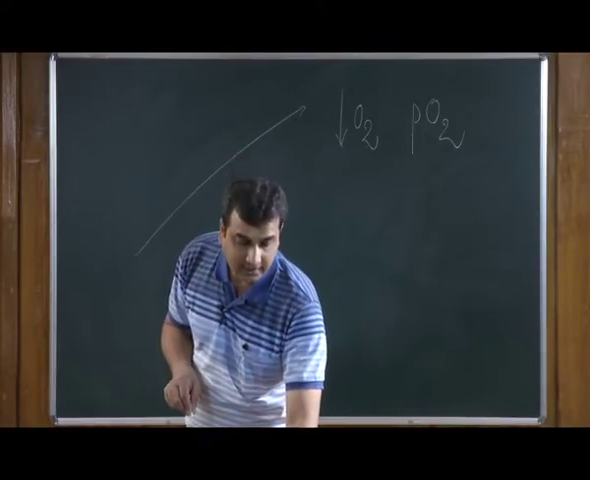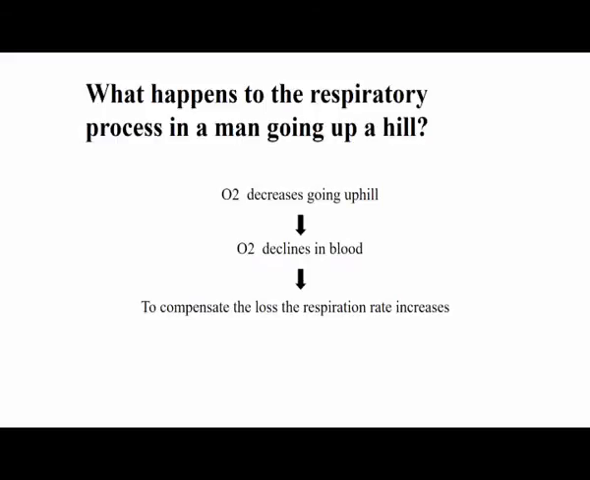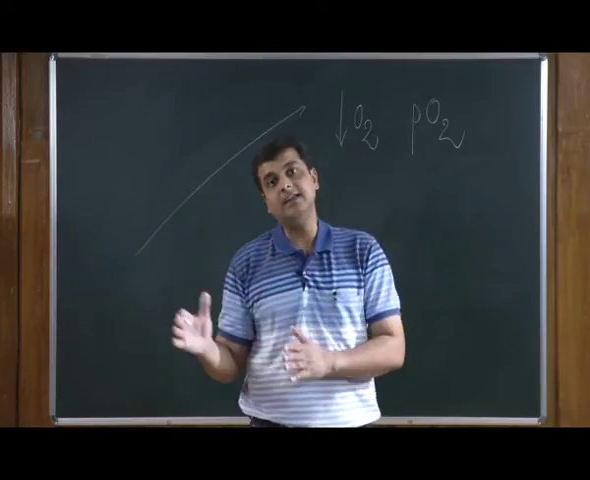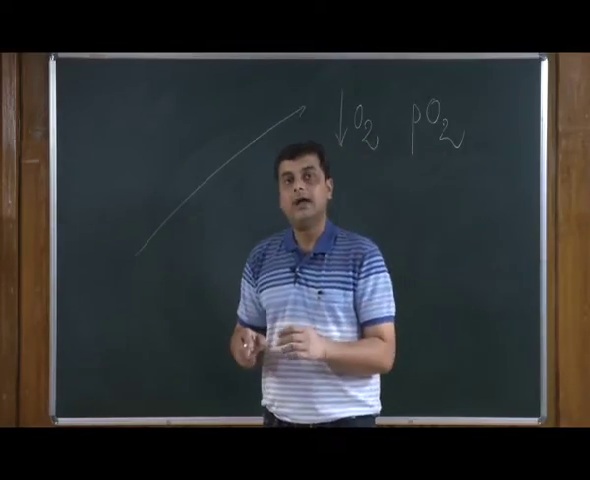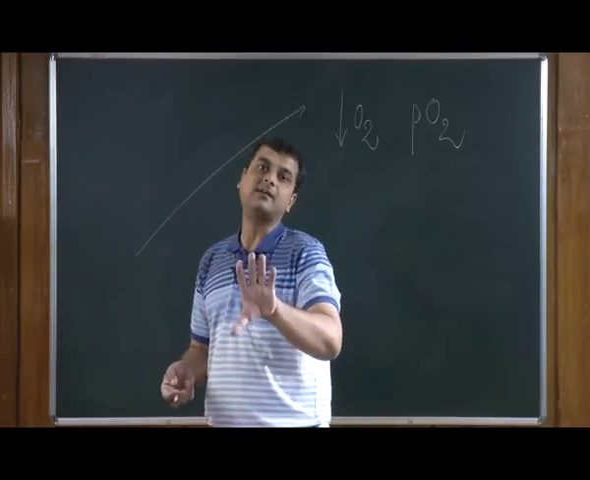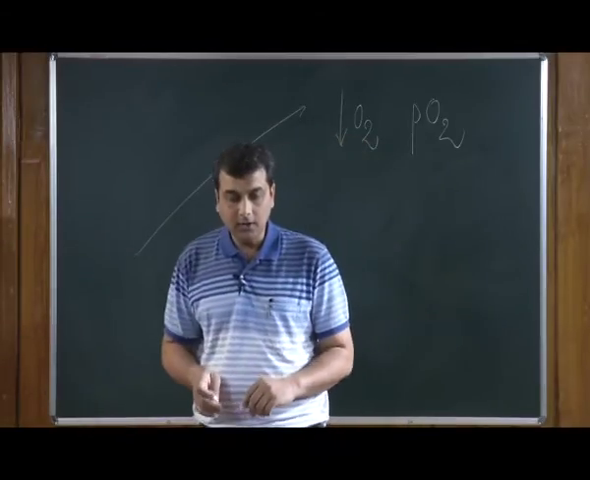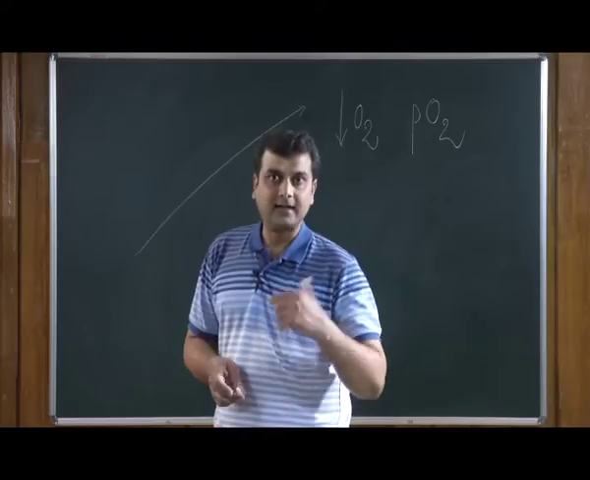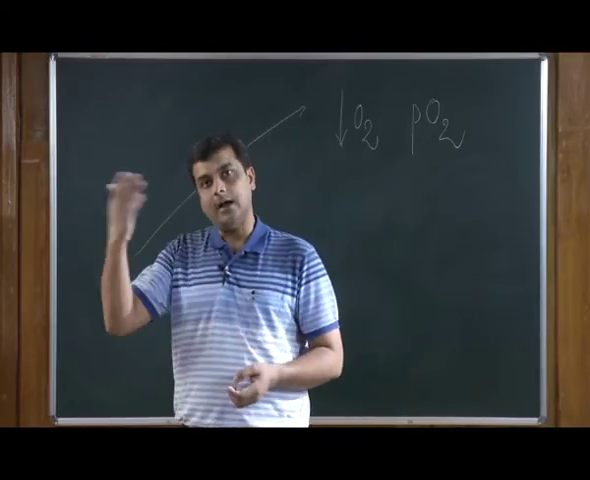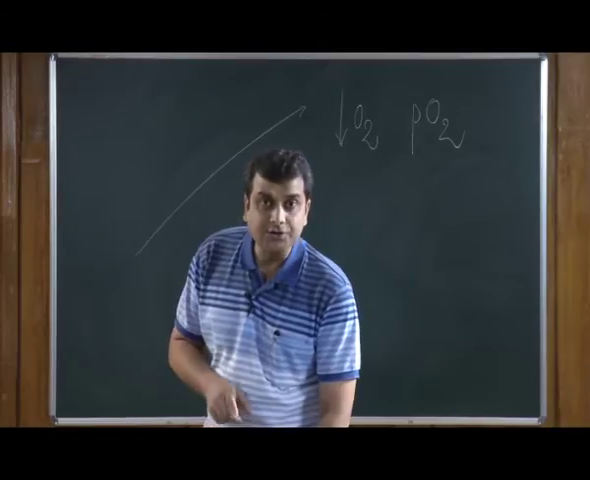So, basically this is the summary. O2 decreases going uphill, because of O2 decline in blood. The body tends to compensate for this loss by increasing the respiratory rate. And since we have discussed this many times in the lectures, I am again trying to emphasize that this whole process is controlled by our medulla oblongata and pons. So, these are some of the consequences of going uphill. Now, the next question here is